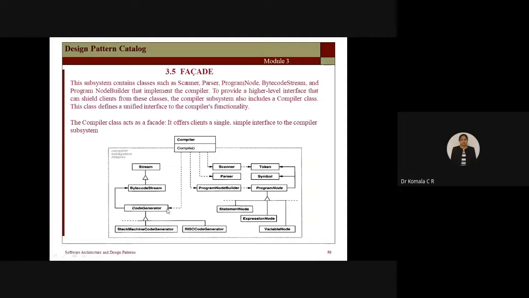Fine. Coming back to the code generator. Code generator means that for the given job you are going to write code. For example, say we are going for assembly language. I have a stack machine code generator as one child class and another child class as a code generator. You would have studied microprocessors or microcontrollers in the 4th semester, the CISC processor and all that. It is just an example here, not necessary to go in depth. So I have a RISC processor where I have written some assembly language code using this code generator. Fine. I have a stack machine code generator.